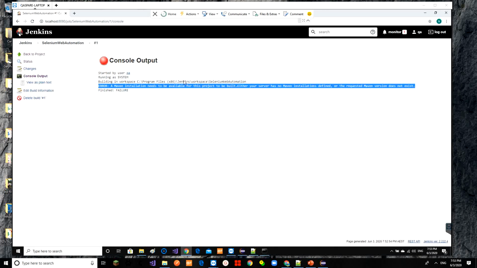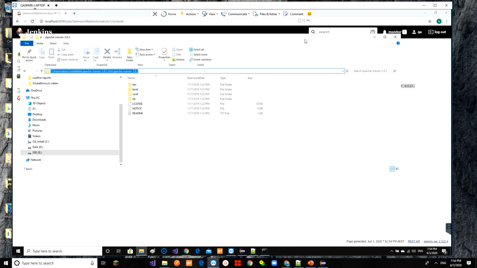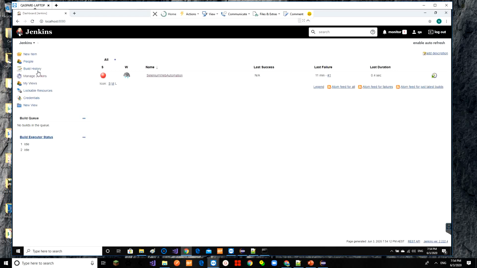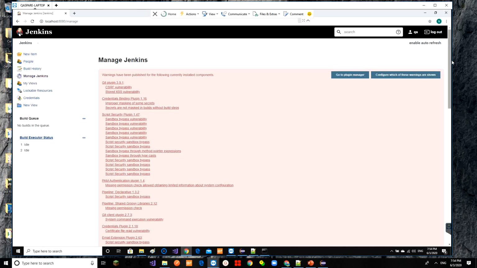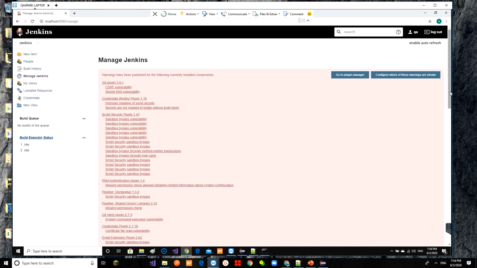To correct this error, we may need to provide the path of Maven home in Jenkins. So let me find out the path of Maven. Previously we downloaded and unzipped the Maven folder. So this is the Maven folder. This path we will provide as Maven home in Jenkins global tools, and we'll see whether this will rectify our problem. Global tools and configuration in Jenkins,